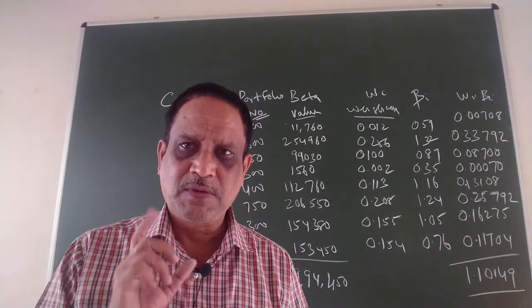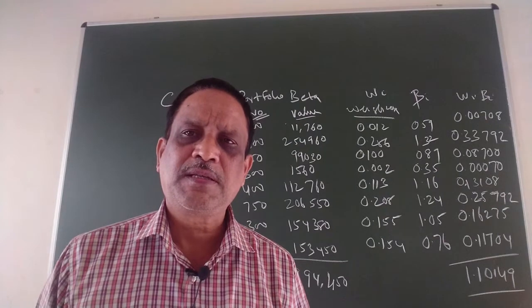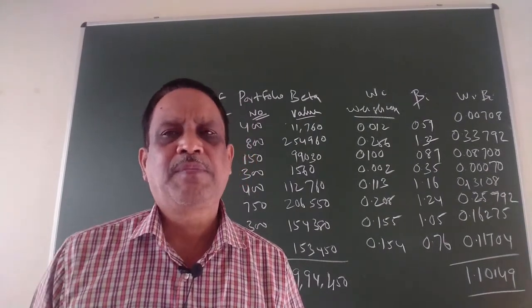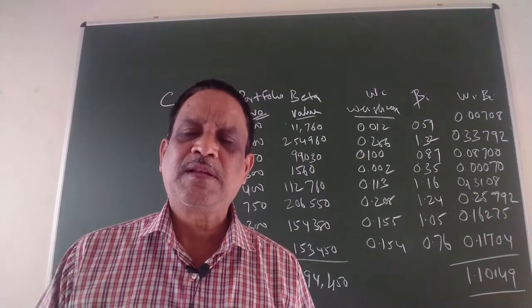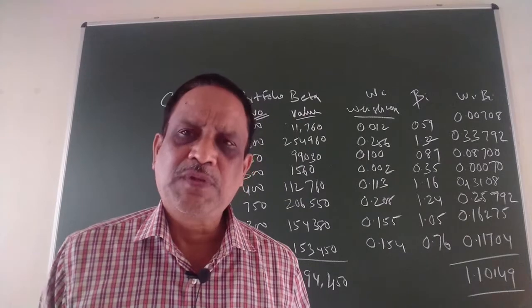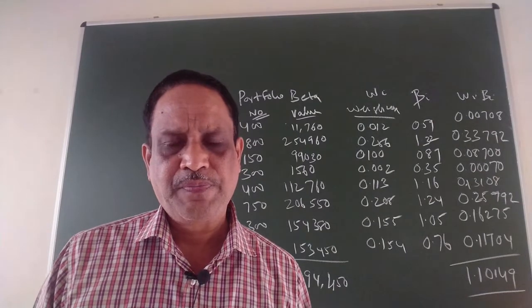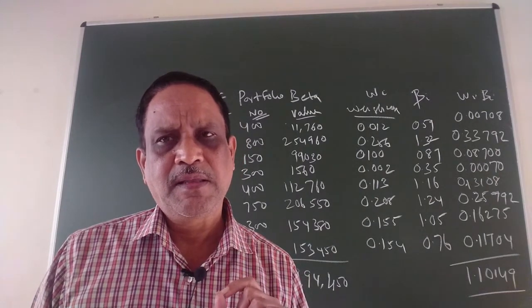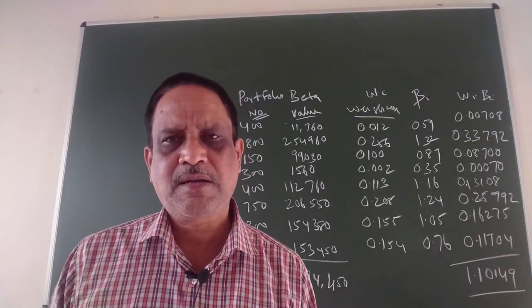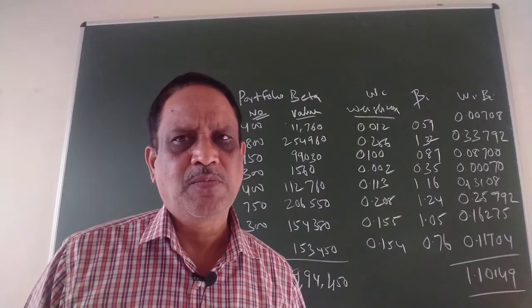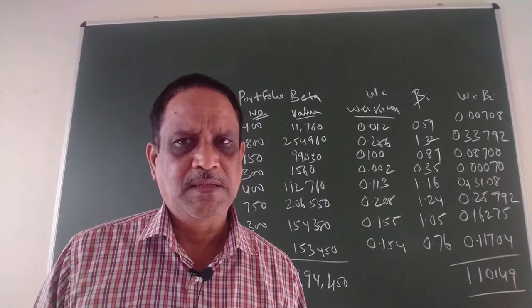Okay. So, for the first question, how to protect the portfolio: one option is he can sell the shares now, and later after the price has come down he can buy them back. The other option is, instead of doing this, he can sell a Nifty future based on the portfolio beta, and that will protect his portfolio. But in the first option there is a lot of transaction cost involved. In the second option, transaction cost is very less. So, it is always better to protect your portfolio using index futures. So, that is the answer.